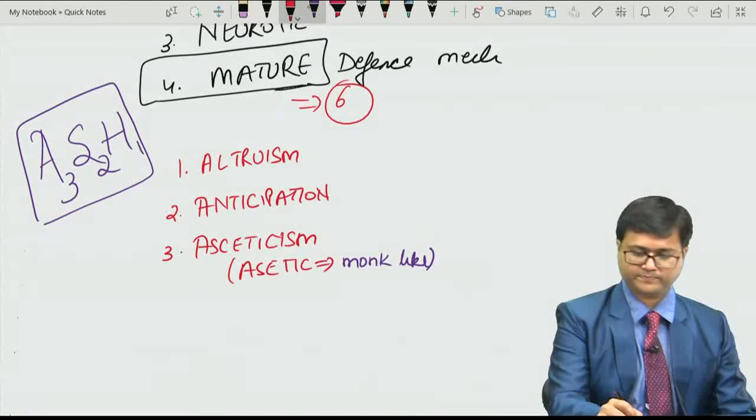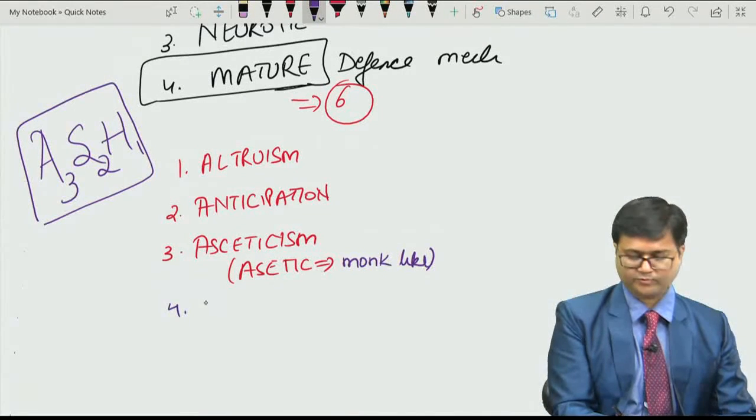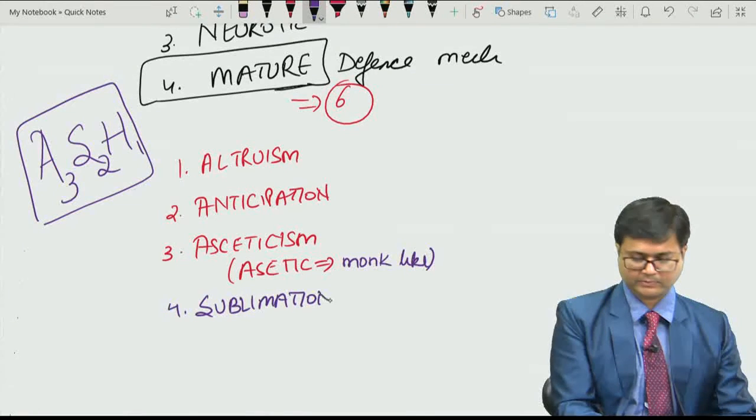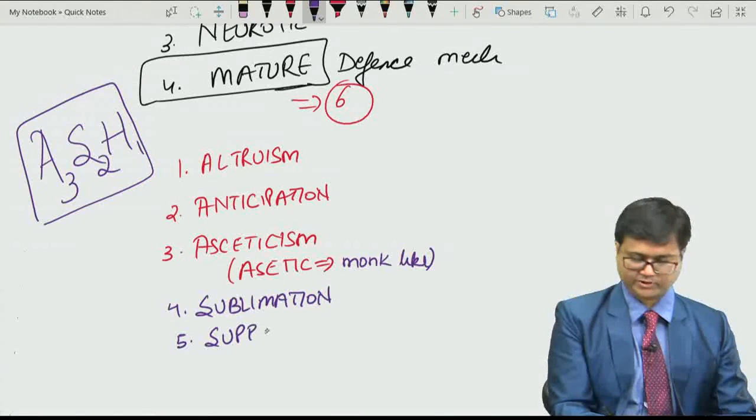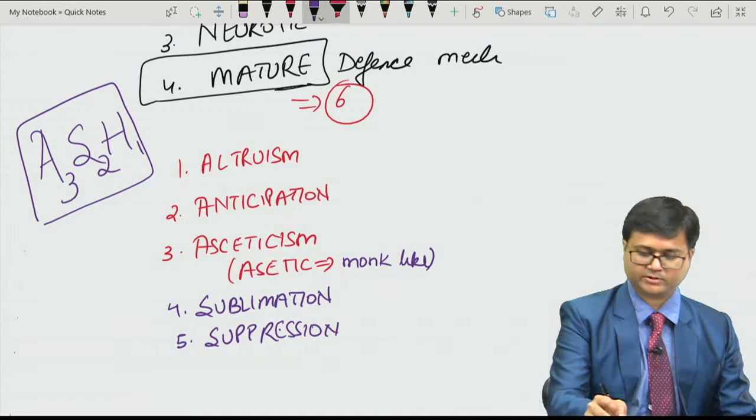Then fourth is sublimation, then fifth is suppression,